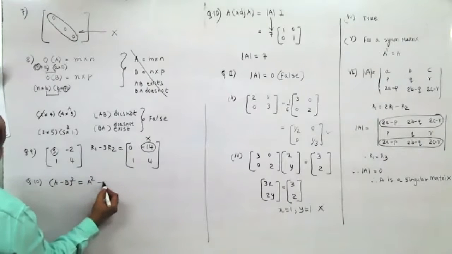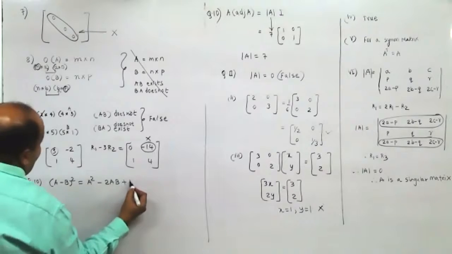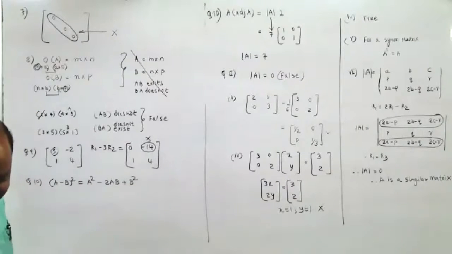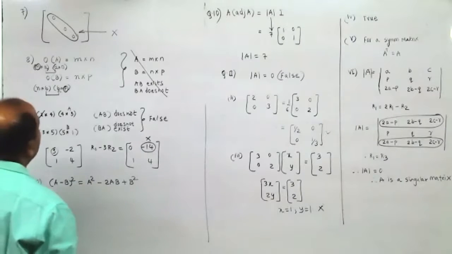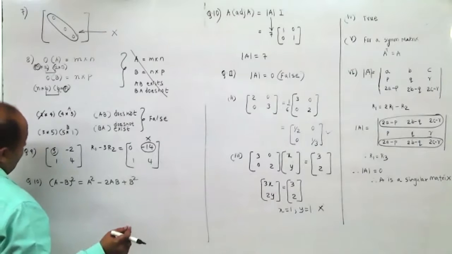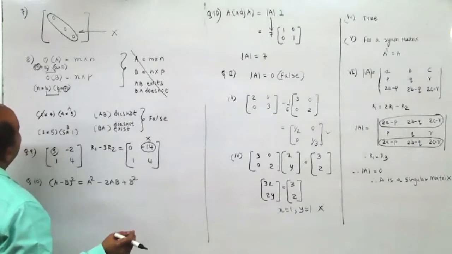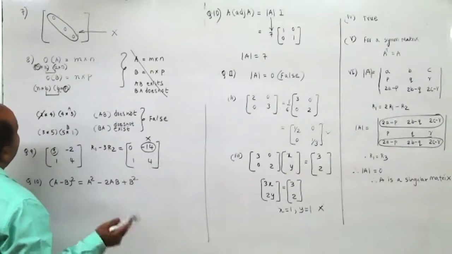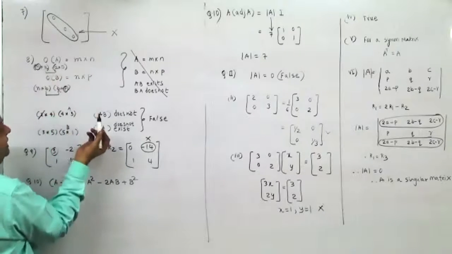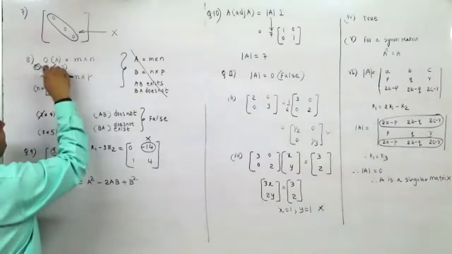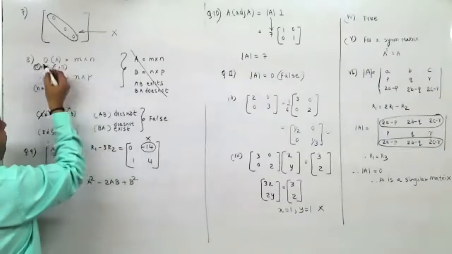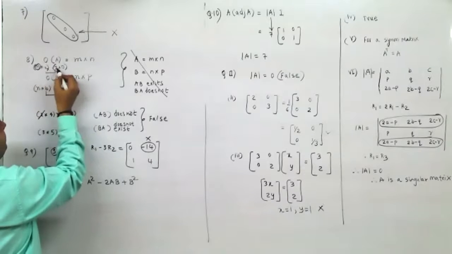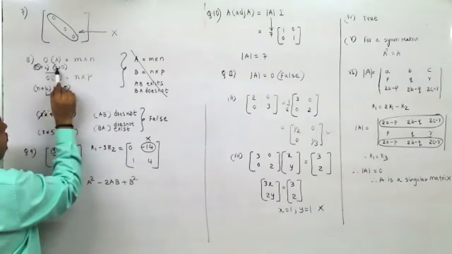Sir, if it is OA into OB, then how do we get AB and BA? If it is OA, the multiplication of OA is M into N and the multiplication of O into B is N into P. Then how do we get A and B? There would be some number if it is O into A, then this row can be any number. If you don't like A you write X, but these two have to be of the same order.